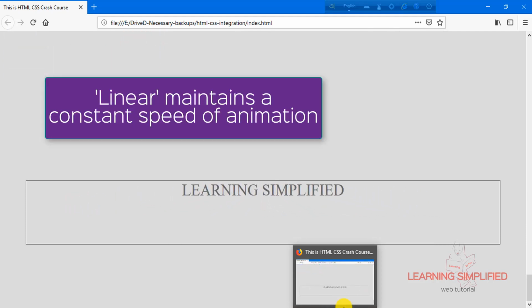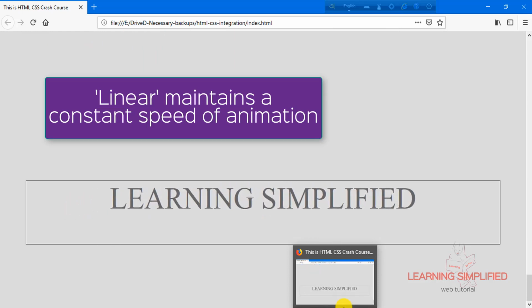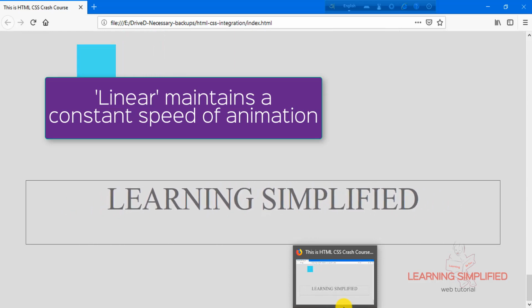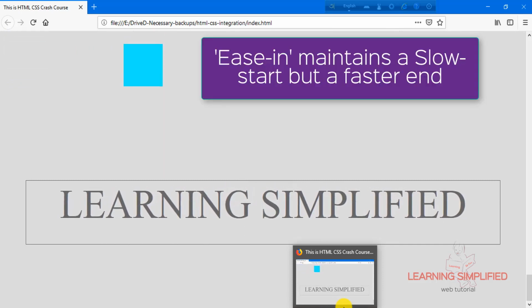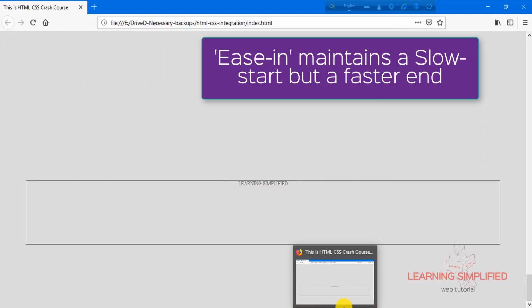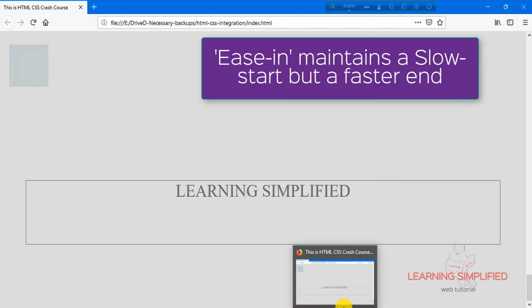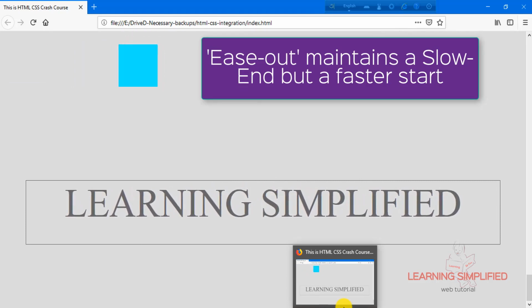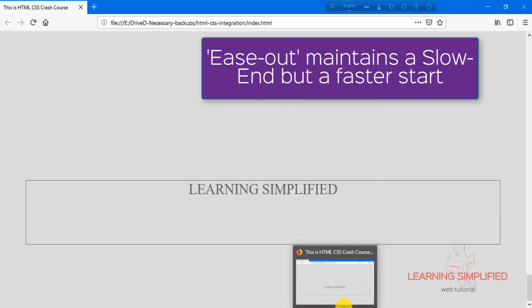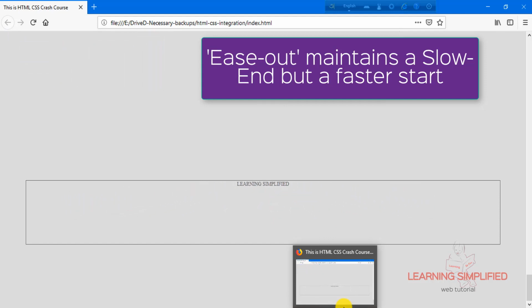Linear means that your animation will maintain a constant speed from start to end. For a slow start but a faster ending, you should use ease-in, and ease-out is entirely the opposite of ease-in. That means it will end slowly.